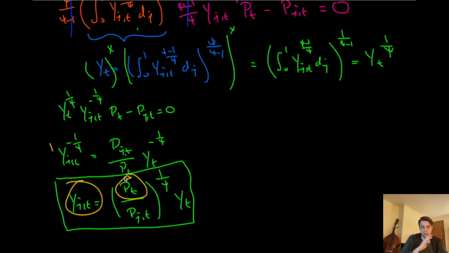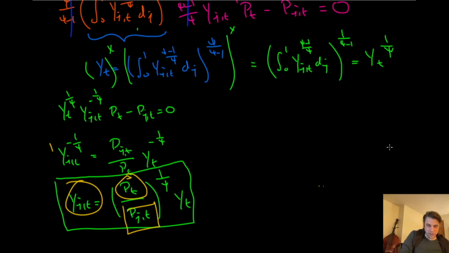It does equal 1. We're going to use Walras's law, but we're going to hold off because we'll be able to say something better about it if we hold off. Really, the thing that we know nothing at all about is this pjt. So what we need to do next is circle around and try to say something about pjt. How? We know that the firm, the intermediate goods firm, the one that actually makes stuff, not bundles stuff, is going to choose its pjt in order to maximize the total flow of profits over time. But how do they do that? So that's what we'll look at in the next video.